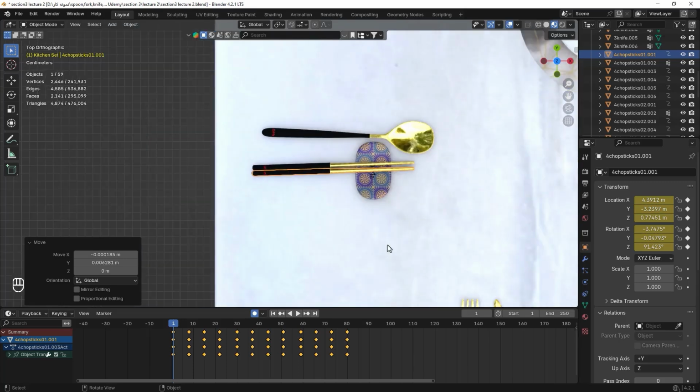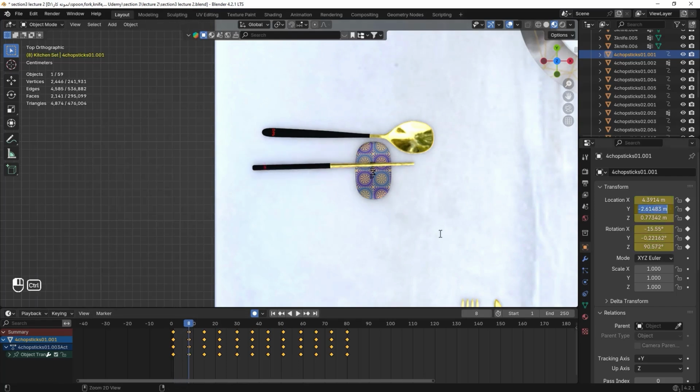So we copy this number, and then we place the playhead on frame 8 and paste the location of the previous number in the Y part, and also then place the playhead on frame 15 and paste the location of the previous number in the Y part, and do the same method until the last keyframe,